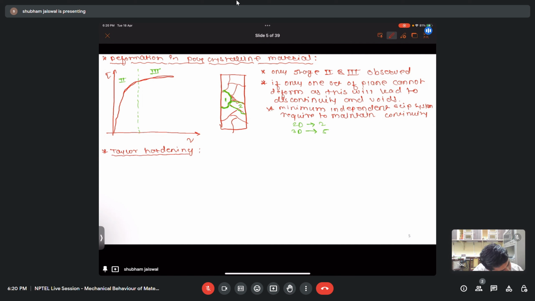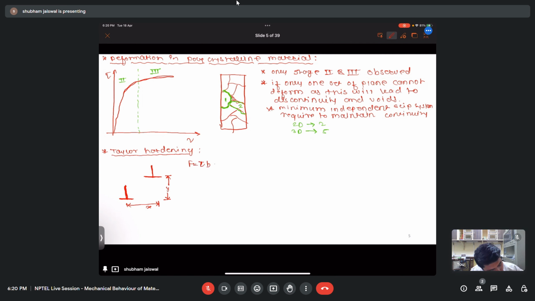So let's say we have two dislocations sitting at distances x and y. The force in this case is given as shear stress into b,